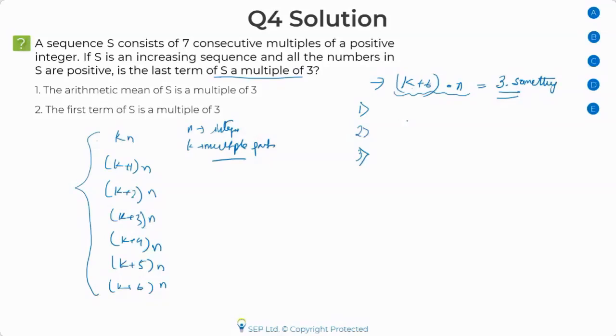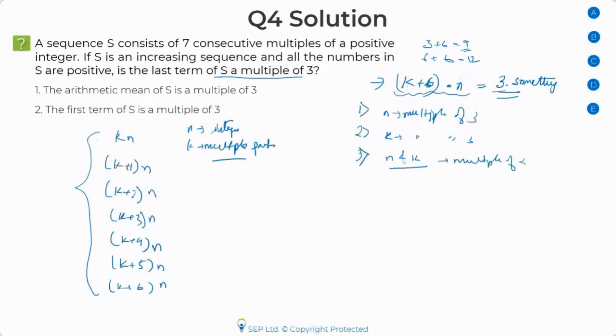If k is 0, k is a multiple of 3, and Anish says n is a multiple of 3. Correct. Almost all of you are correct in one way or the other. One way is that if n is a multiple of 3, simple. If n is a multiple of 3, then 3 times anything will be a multiple of 3. The other is if k is a multiple of 3. Even if k is a multiple of 3, because 6 is a multiple of 3, this k plus 6 will turn out to be a multiple of 3. For example, if k is 3, so 3 plus 6, 9 will be a multiple of 3. If you take 6 plus 6, it's going to be a multiple of 3. So k could be a multiple of 3. And third case, obviously, if both of them are multiples of 3.